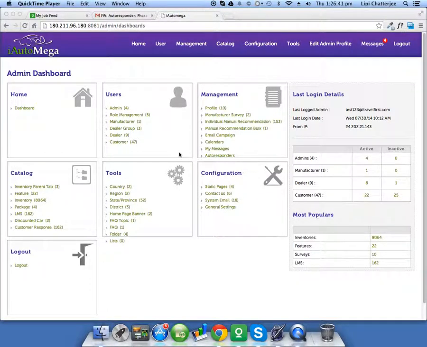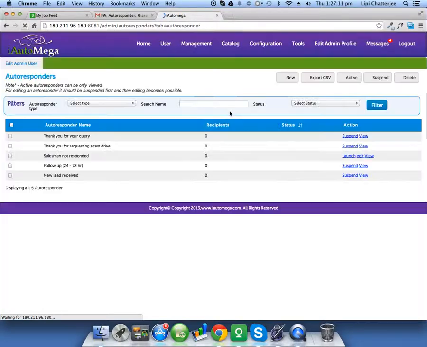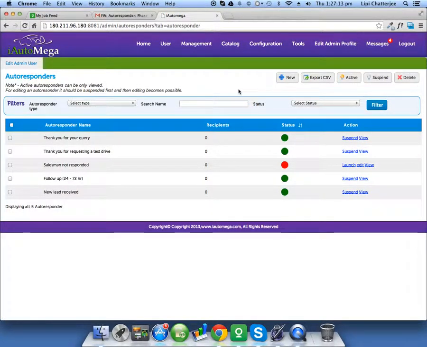This video is to show you how to create autoresponders after logging in as the super admin, that is the admin which is lying at the topmost level. Now here you can see the autoresponder link has been given under this management module, and clicking here it should take me to the section where we can find all the previously created autoresponders, from where we will see how to create an entirely new autoresponder.